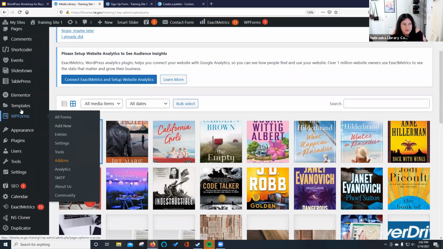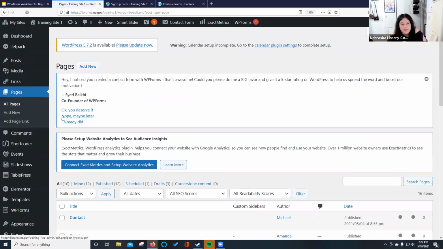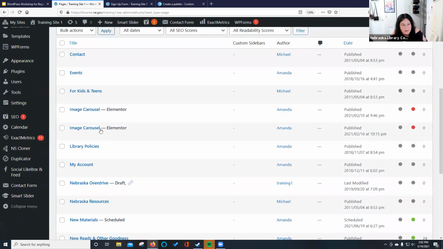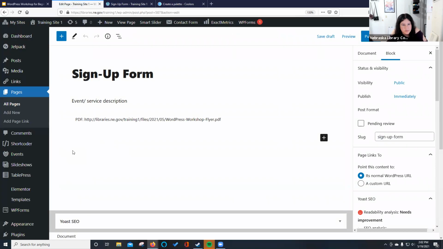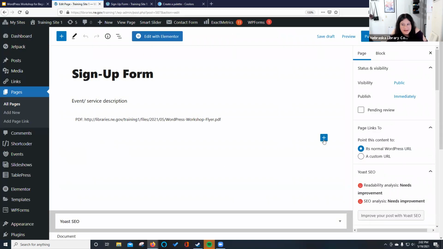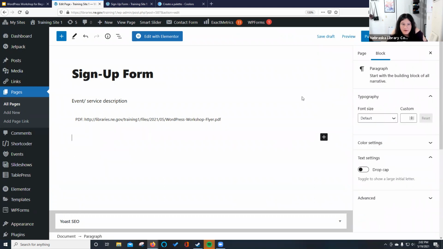and then I'll close this, go back into my page. So I'll go to pages, all pages, and then I'll navigate back over to that sign up form page that we've been editing. So sign up form, it's in draft. I'll go to edit it. So now we want that download PDF. I'll hit this plus sign, go to the paragraph,